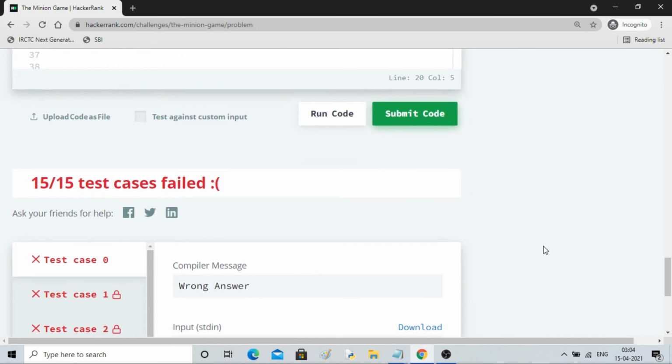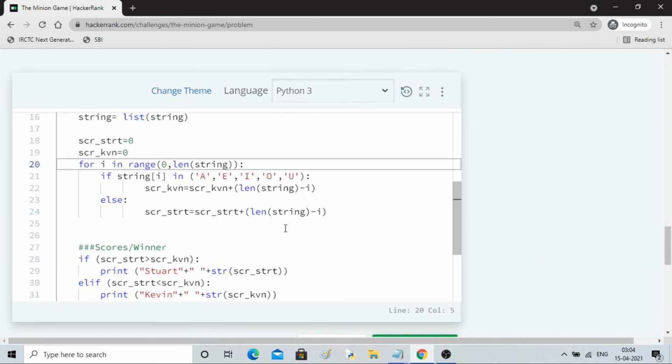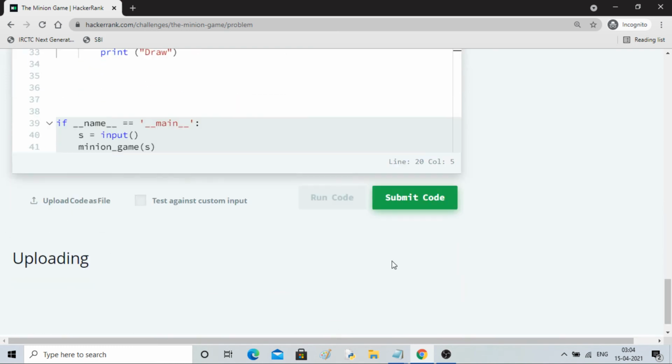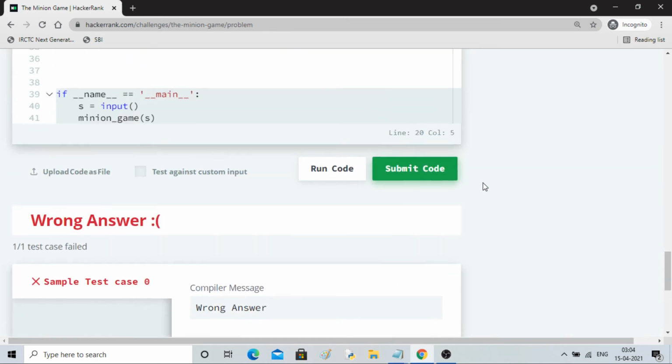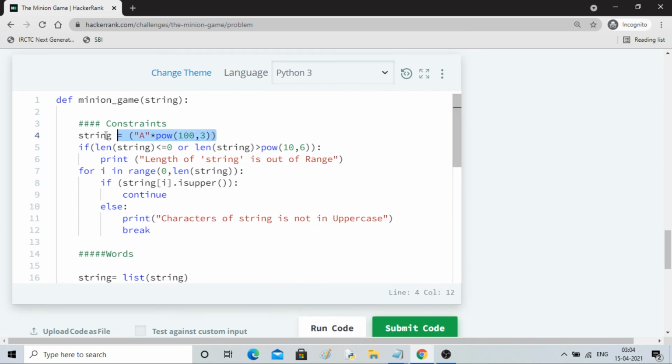So all the test cases failed. Oh my god, what's happening? Let's run the code. Oh, okay. So actually I got scared. I've defined this, right?